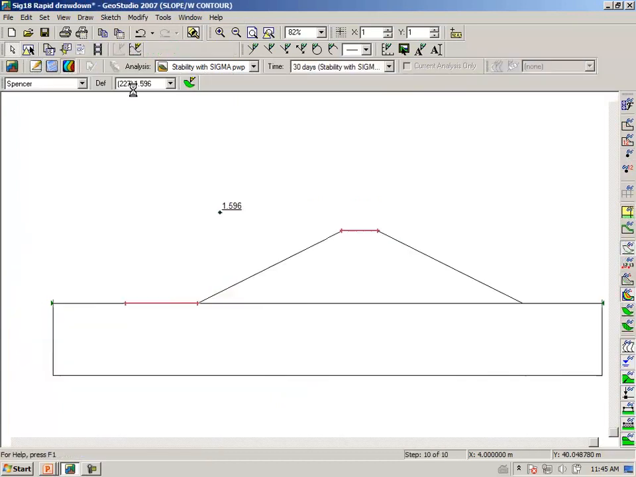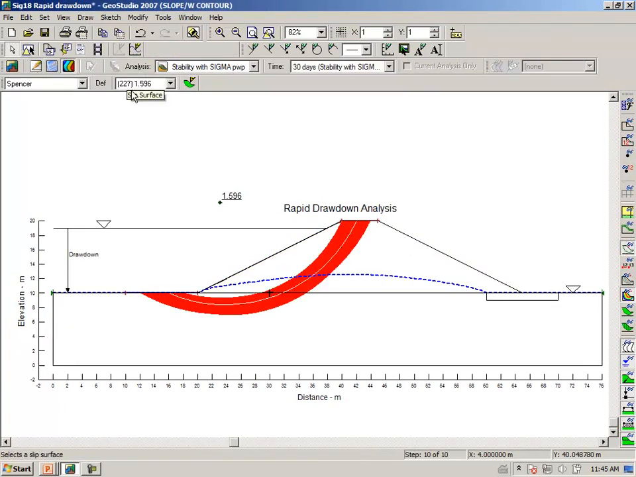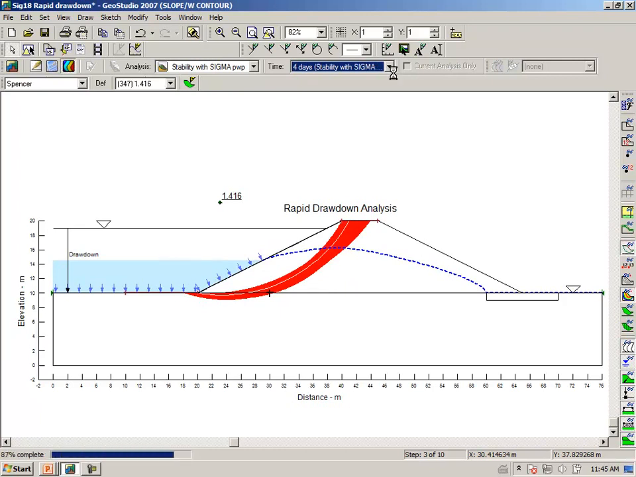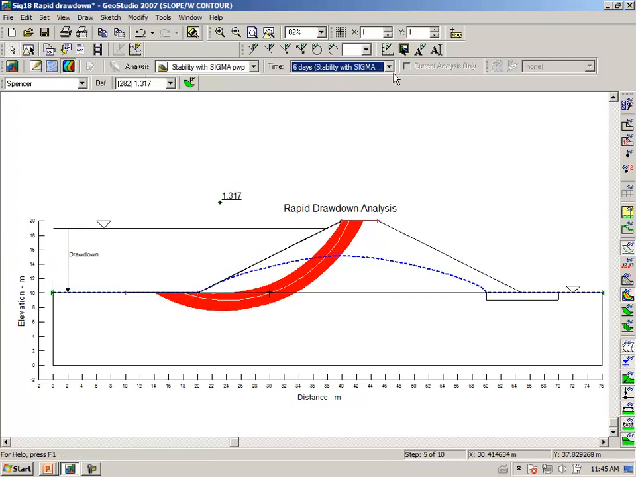Going to the results view then, here is the factor of safety at the end of 30 days. Here's the factor of safety immediately after the start of the rapid drawdown. And as the reservoir is being drawn down, of course, the stabilizing effect of the weight of the water is disappearing, and as a result, the factor of safety is going down. But then, at some point after the reservoir is gone and the pore pressure continues to dissipate, then the factor